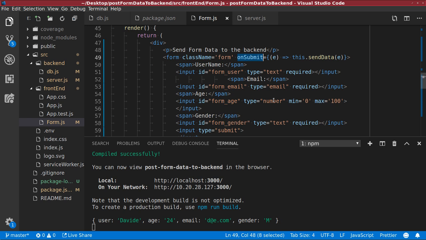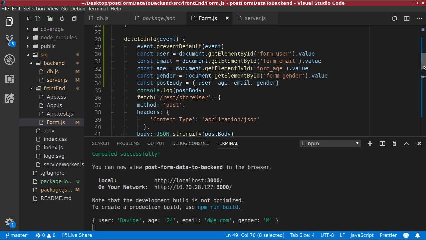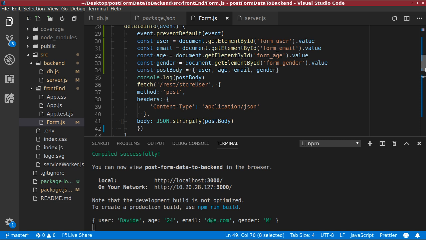So here's our submit button, yeah? It's attached to our form, and on submit we send the event object to this function, yeah? To this.sendData. So can we just write some code in this.sendData to let the user know that something has happened? We're not going to bother checking that they've got the correct data at this stage, but just let them know something has happened, yeah? So we could say,